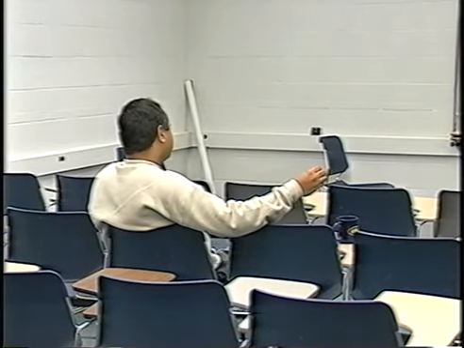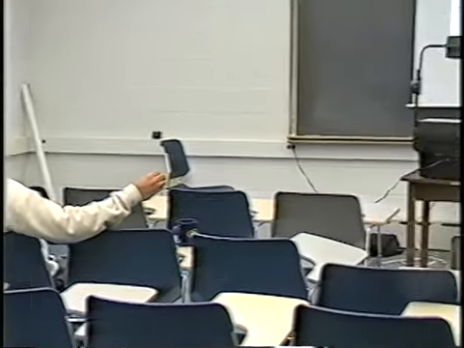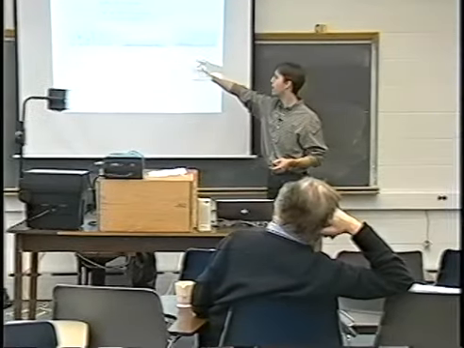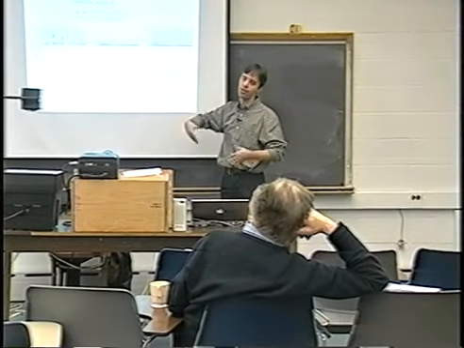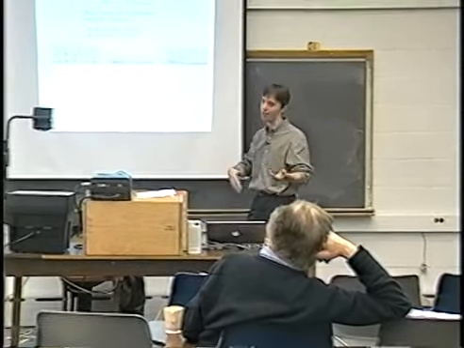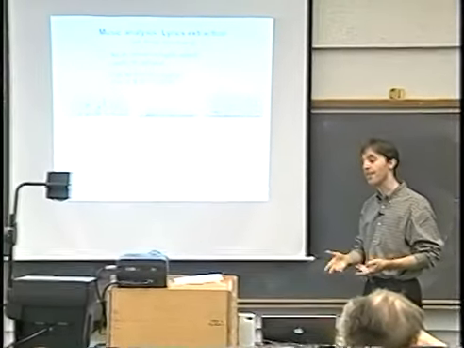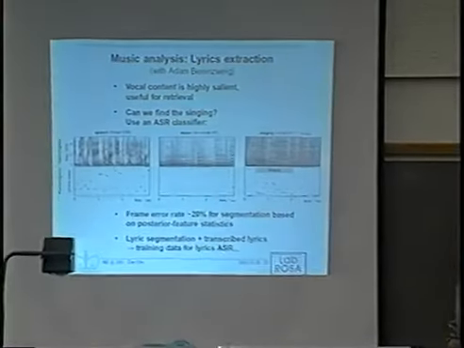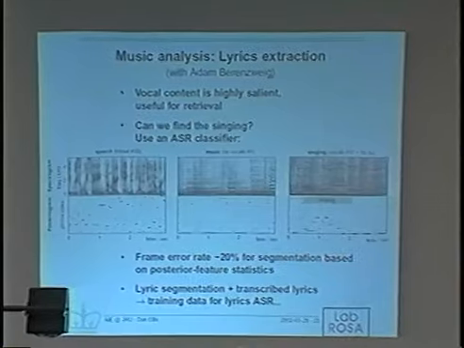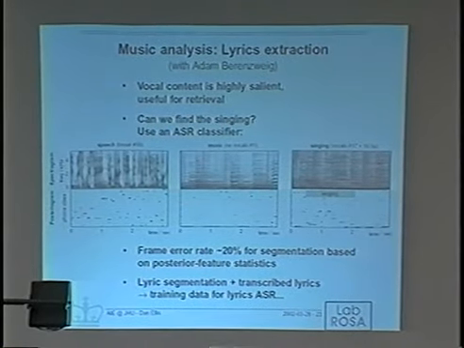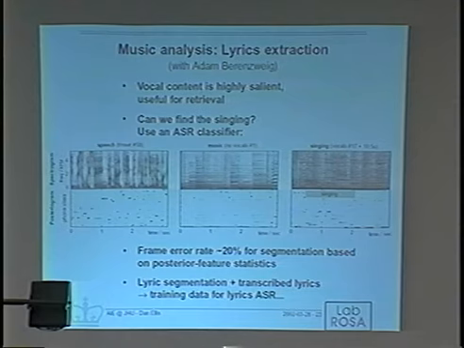What we then did was forget about the speech recognizer and just take the tracks that we'd marked as where the singing was, and train a classifier to discriminate between singing and non-singing. It did about the same, so it didn't help very much, but it was a much simpler classifier. But again, it's using MFCCs, which lose a lot of the information that's present in music.